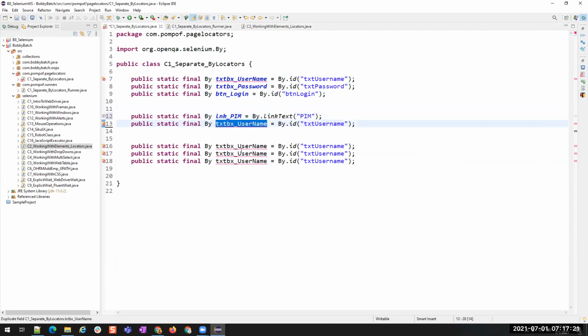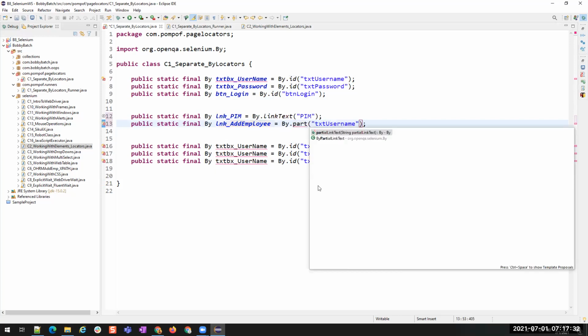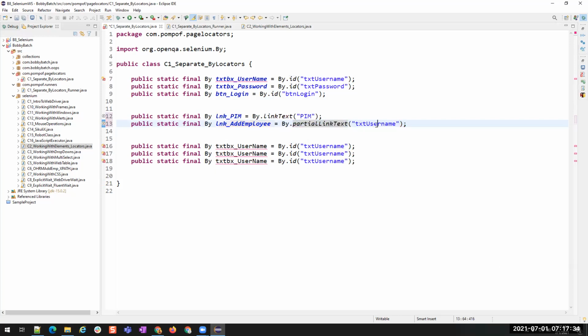Another link is lnk underscore add employee. So here also we are going to use by dot partial link text or link text, anything we can use. So I'm using add emp, and then first name, right?